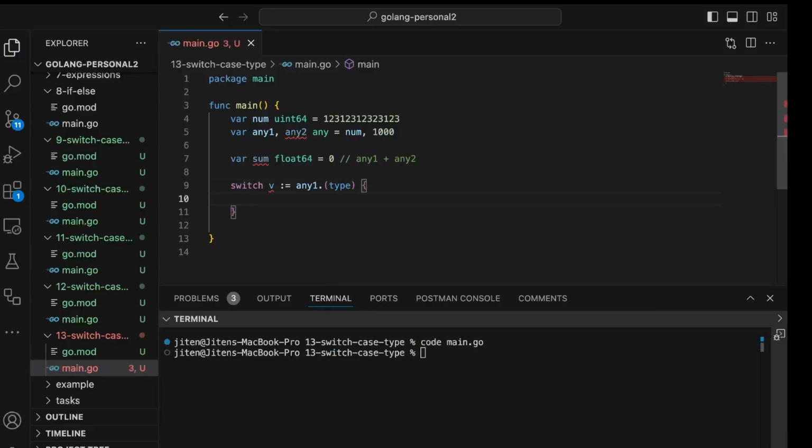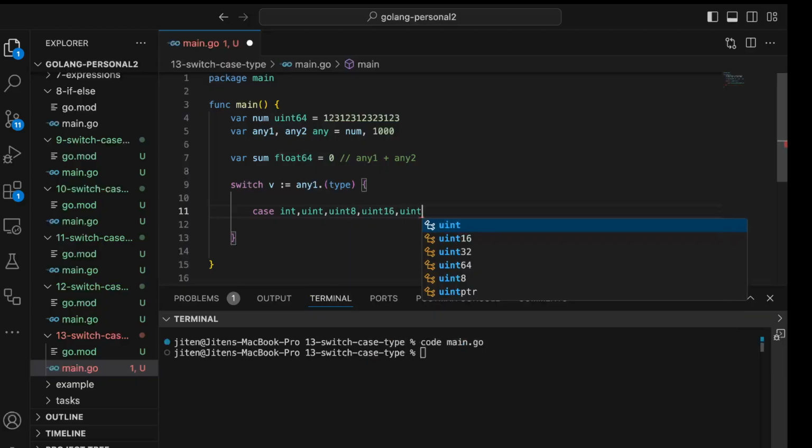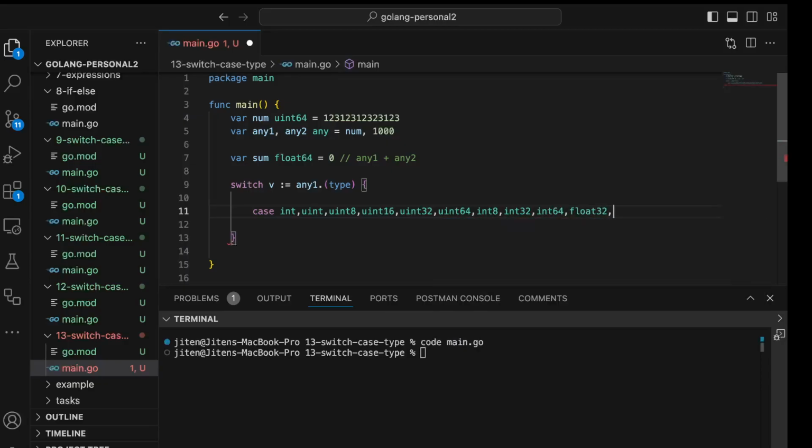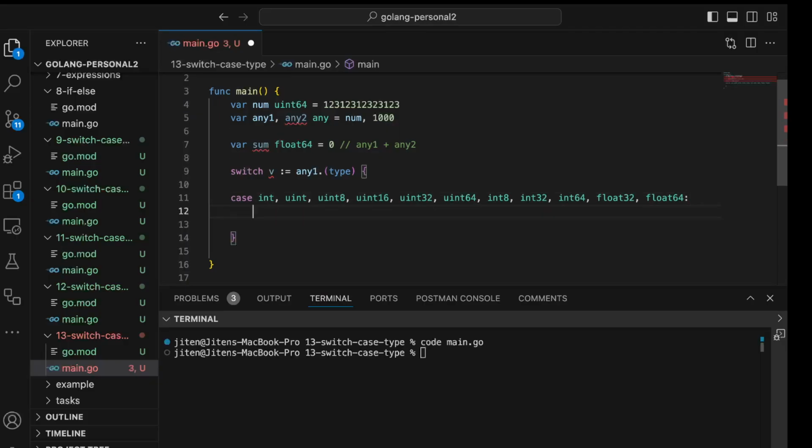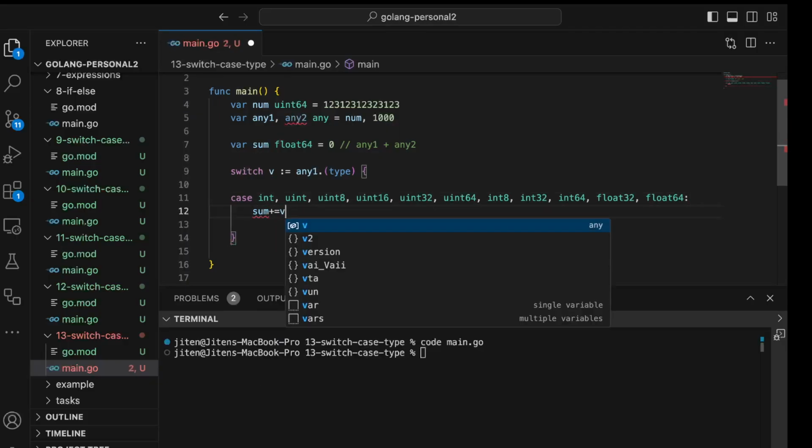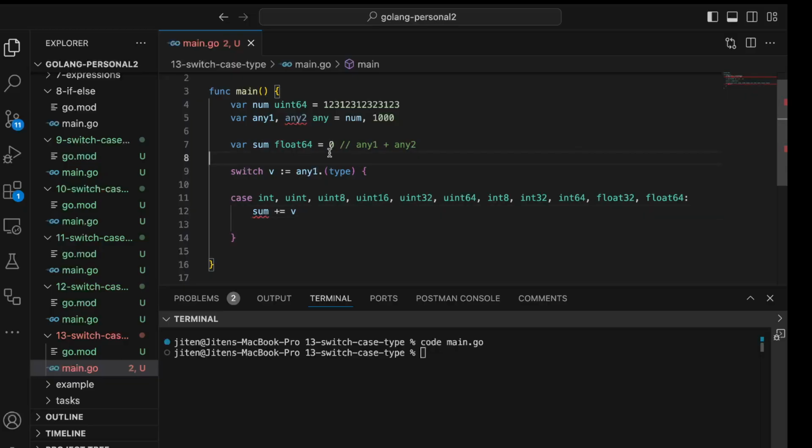Case of int, uint, uint8, uint16, uint32, uint64, int8, int32, int64, float32, float64, any one of them. What I do, sum plus equal to v, but v could be